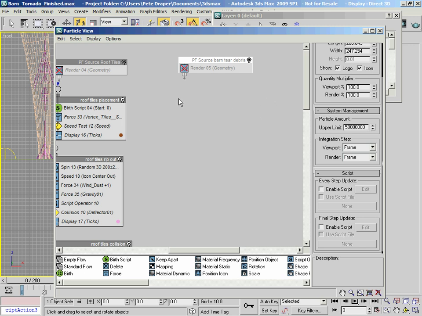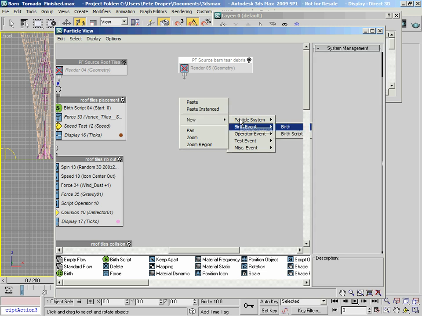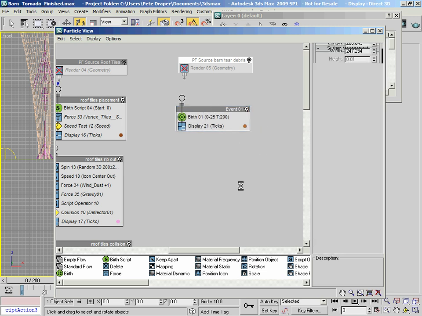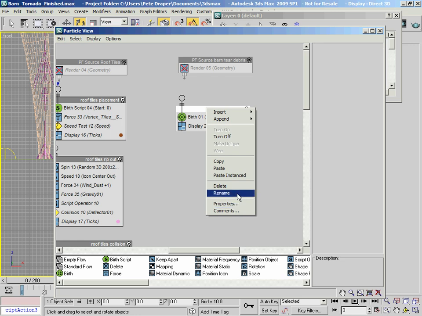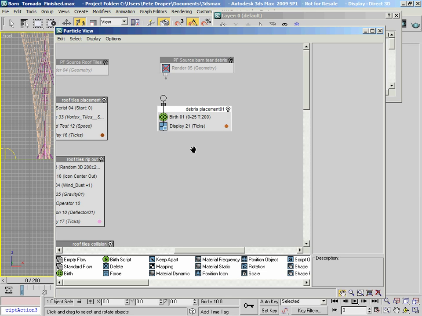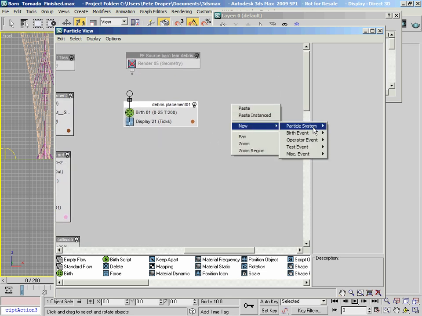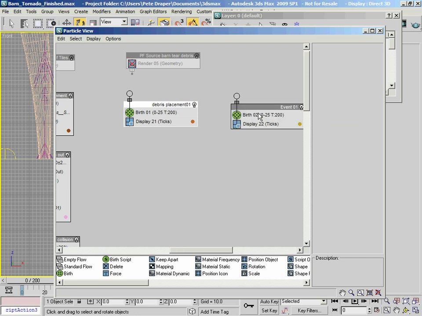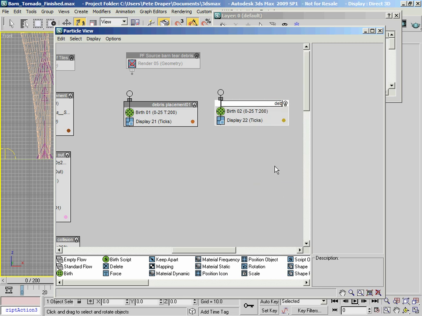So first let's drop in a birth event in here, and we're going to name that debris placement 01, and we'll set another one in here as well and call that debris placement 02.